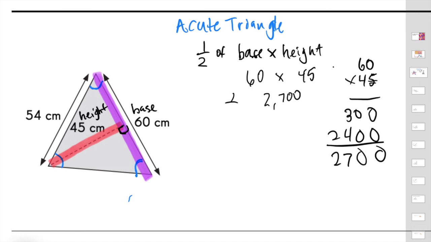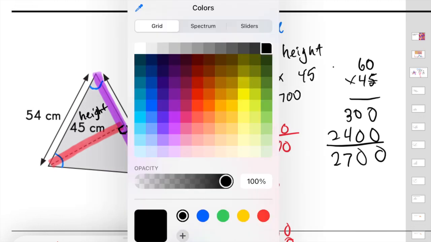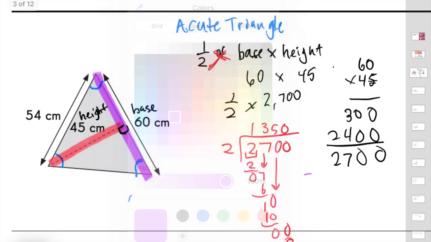And so if we take half of that, remembering that "of" in math means to multiply. So 1/2 times 2,700, or we know that if we're taking half of it, we're dividing it into two equal parts. Let's divide 2,700, and when we divide 2,700 by 2, we get